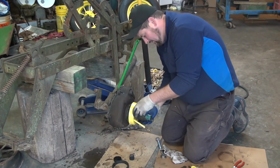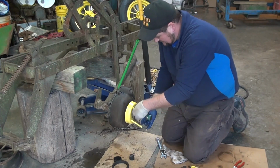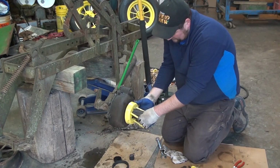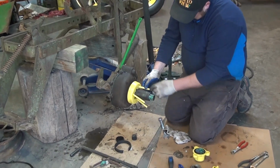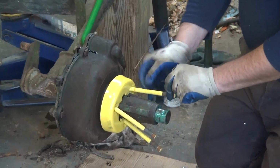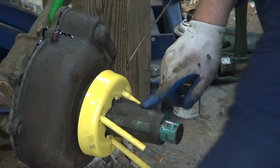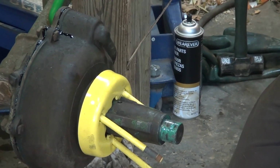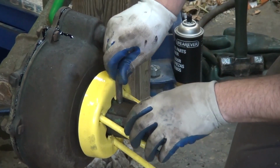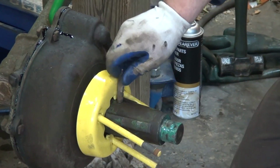My plan for this plow is to get it in good working order and then actually do a restoration. But you need to have good wheels to be able to use the plow. So I slid the collar on and I turned it 90 degrees so that the bolts line up with the tapers on the hub. And then we'll go ahead and install our grease tube, if you will, which is not too hard to do, but that's what actually greases your axle shaft, and